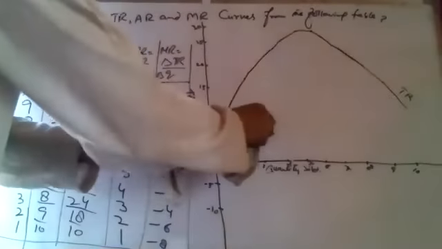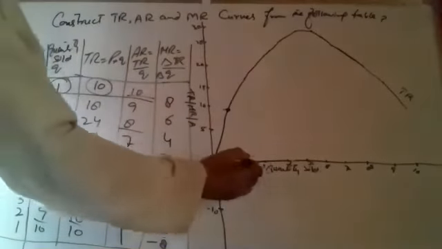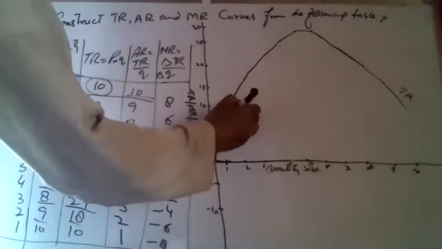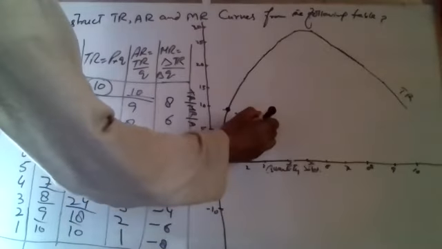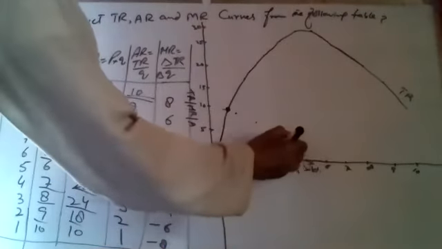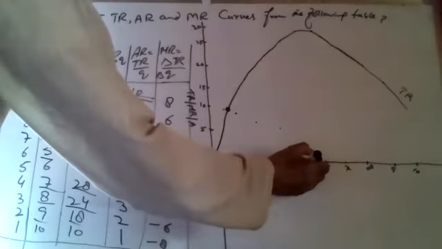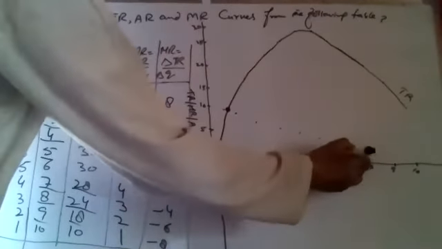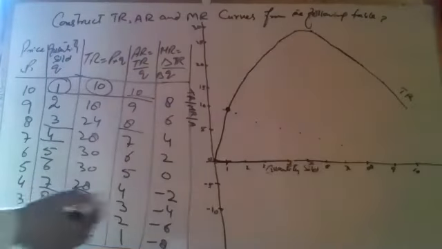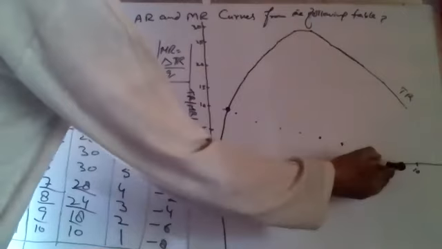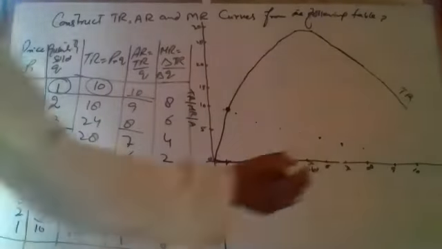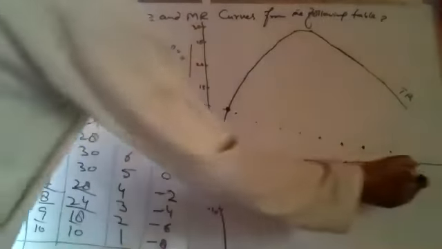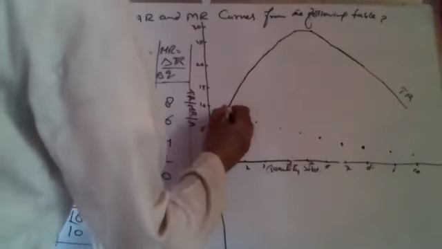सॉरी, ये ठीक नहीं बना। 1 and 10, ये पॉइंट है। 2 and 9, 3 and 8, 4 and 7, 5 and 6, 6 and 5, 7 and 4, 8 and 3, 9 and 2, 10 and 1. ये ऐसी कर्व बन गई।